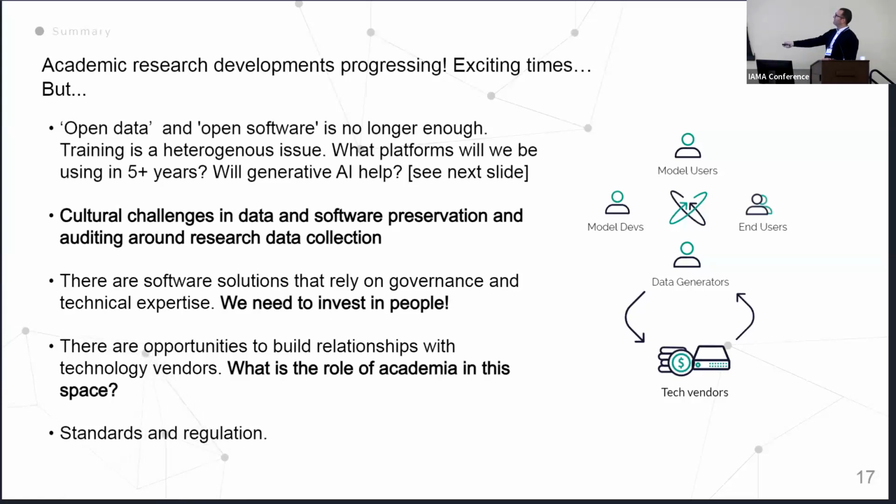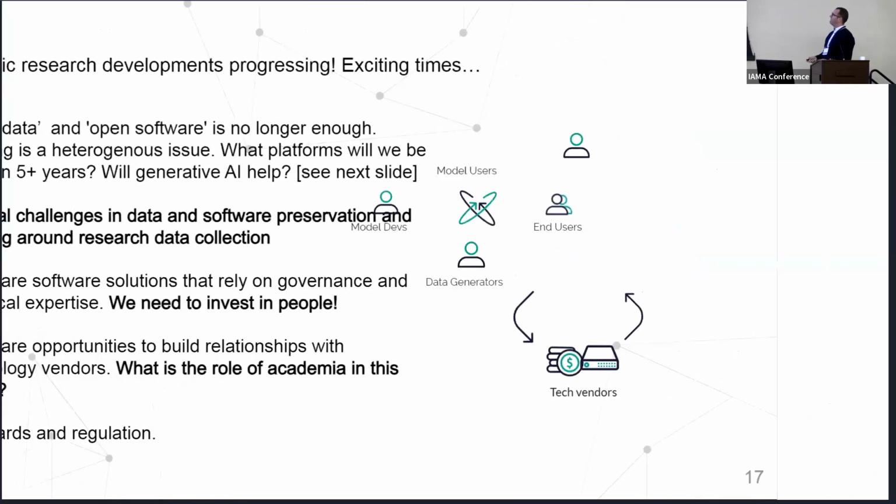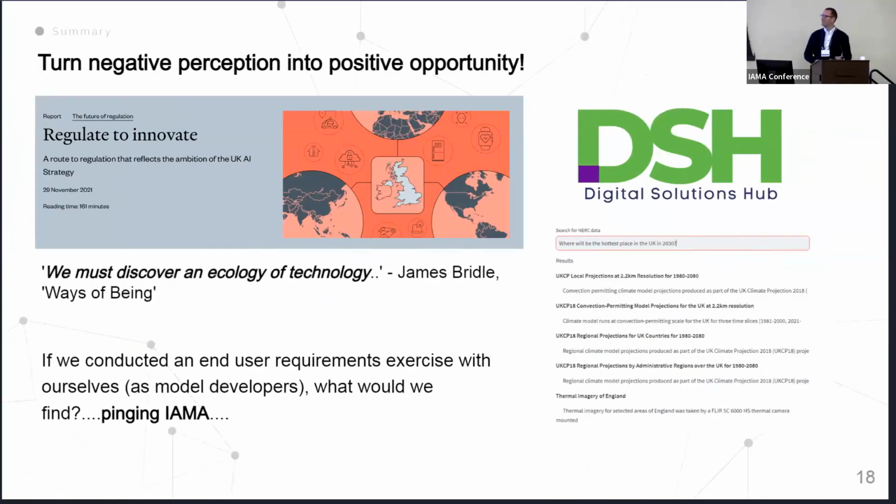Going back to the role of technology vendors and the relationship with academia, I think we're at a critical time to think about where we want this to go. Foundational models are being developed. They might provide a path of least resistance for a lot of these larger organizations. I think we're at the stage that Earth system models were at maybe 15 years ago in terms of digital twins and foundational models. Okay. And this is my last slide: I think we can turn this into a positive story.